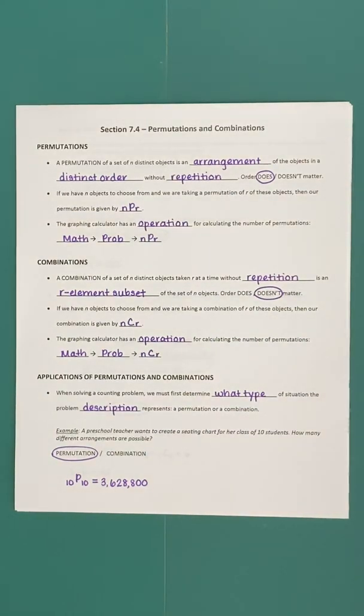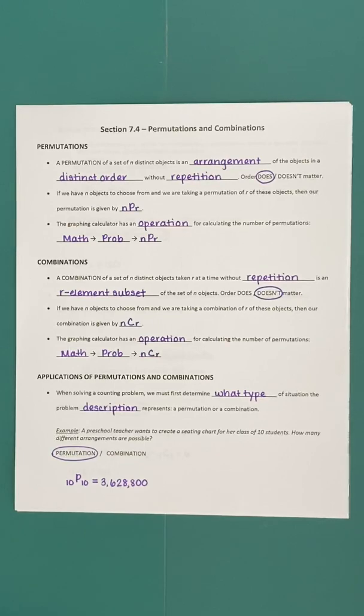In this video, we're going to extend our counting techniques to discuss permutations and combinations. These are two specific situations that involve counting where we have some specific requirements on how we're counting. A permutation of a set of n distinct objects is an arrangement of the objects in a